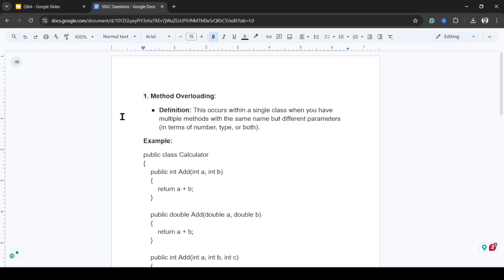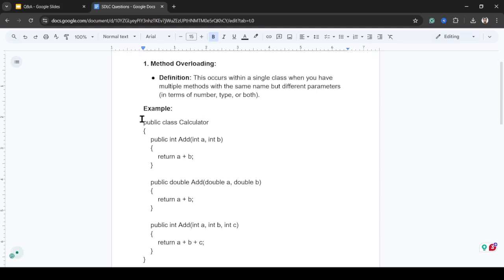Method overloading occurs within a single class when you have multiple methods with the same name but different parameters, in terms of the number and different types of the input parameters as well.